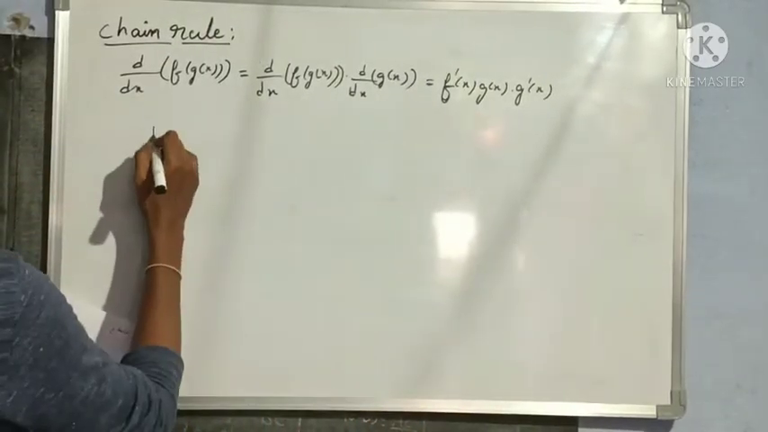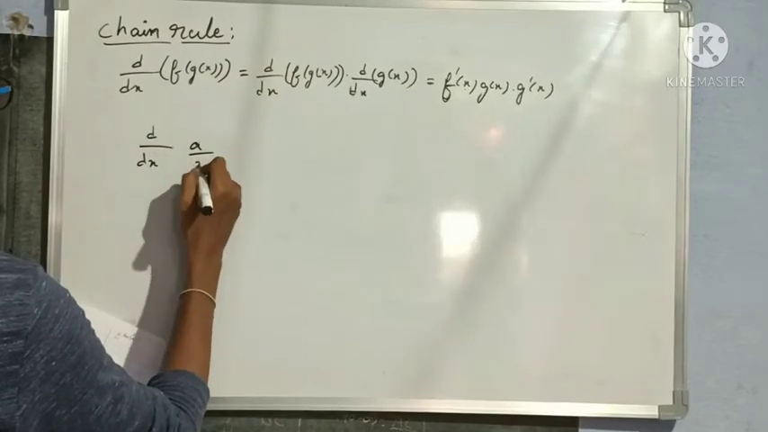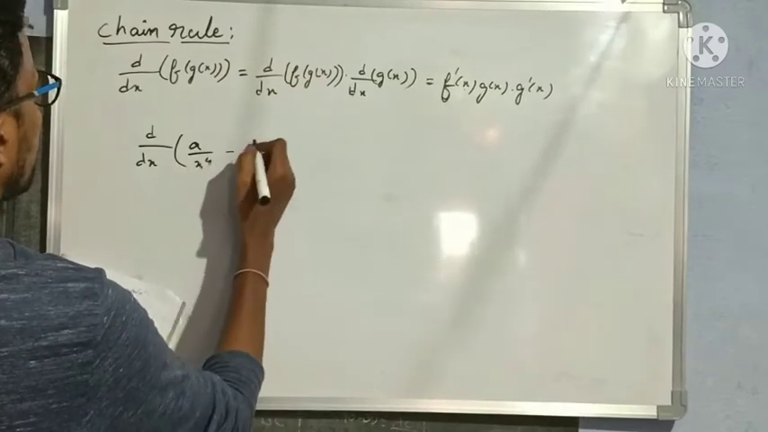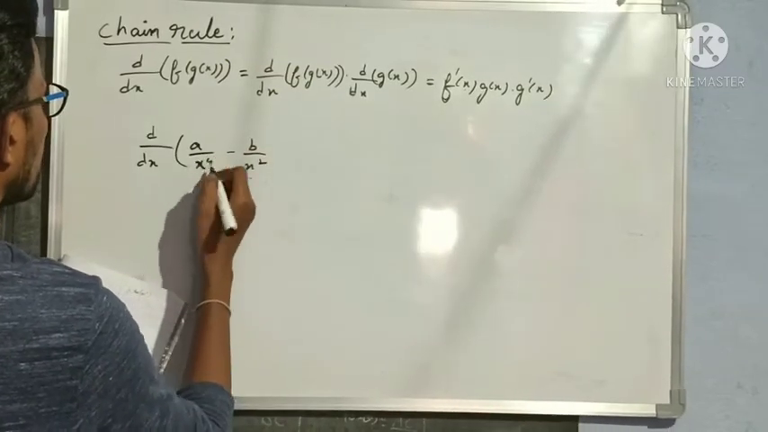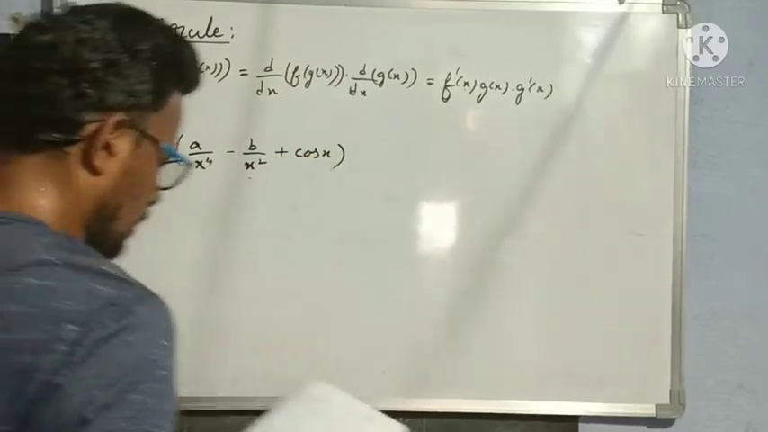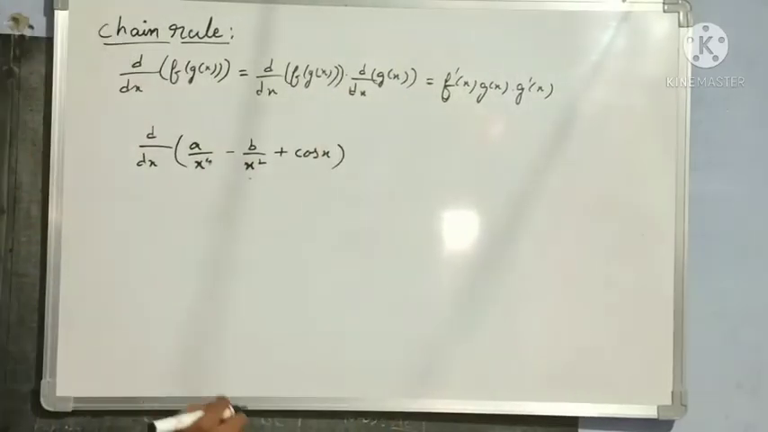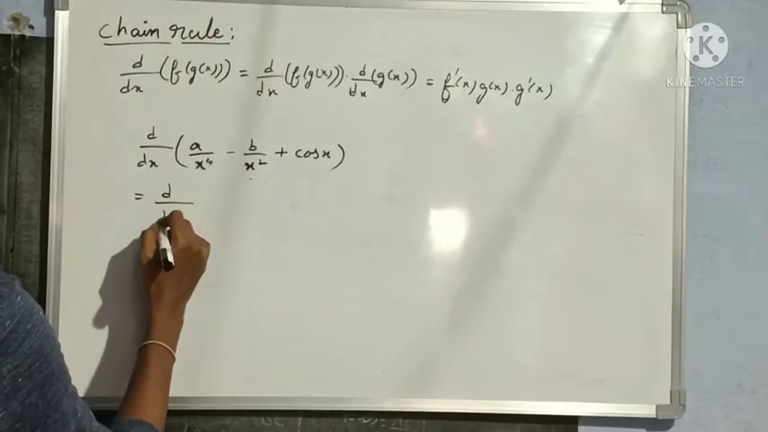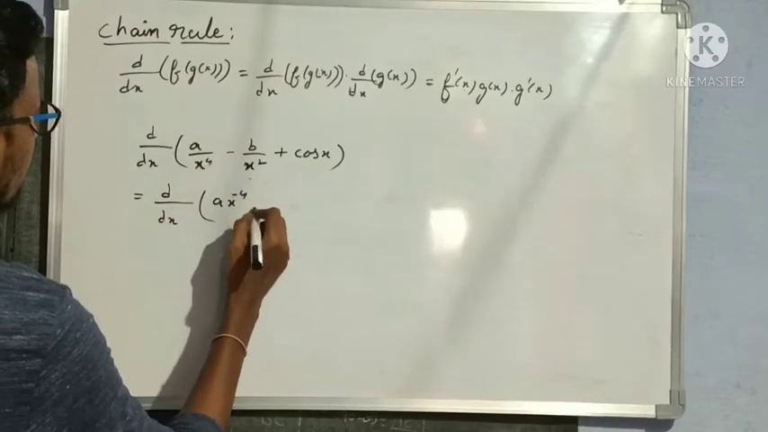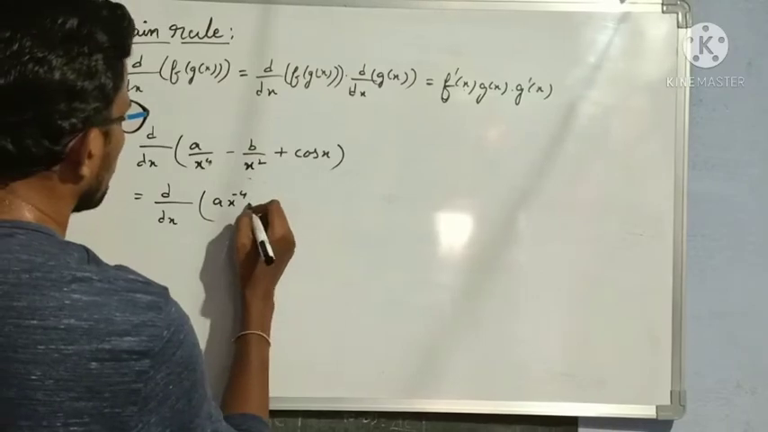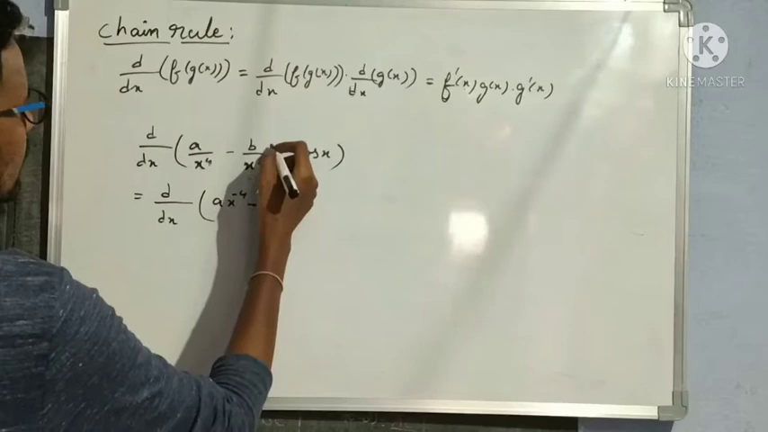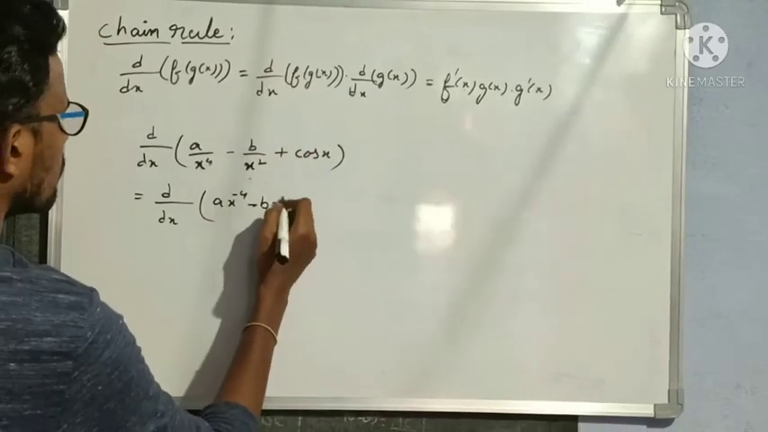So d by dx of a by x power 4 minus b by x square plus cos x. So how to do this? So first convert this like this, d by dx of a into, we know that a positive power in the denominator, if it goes to the numerator, becomes a negative power, so a into x power minus 4 minus b into, here also positive power is there, if it comes to the numerator it becomes negative power, so x power minus 2